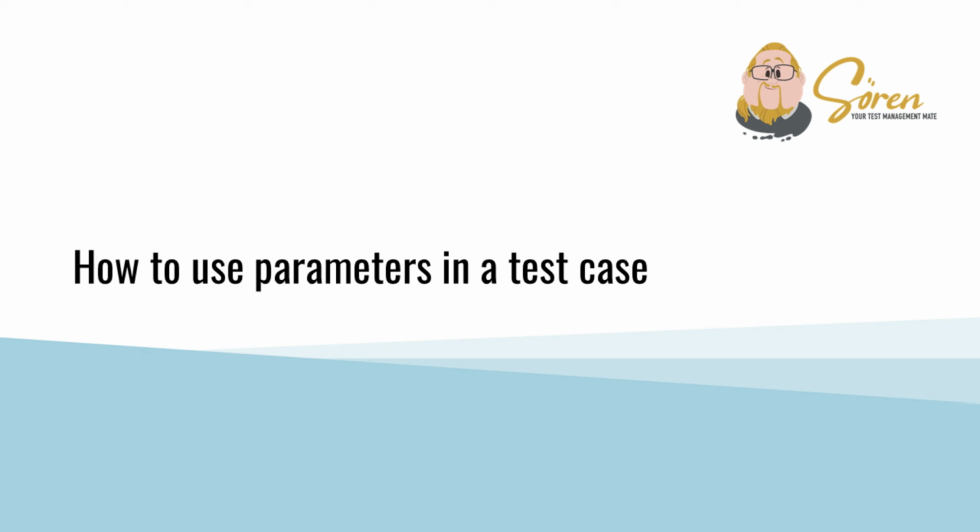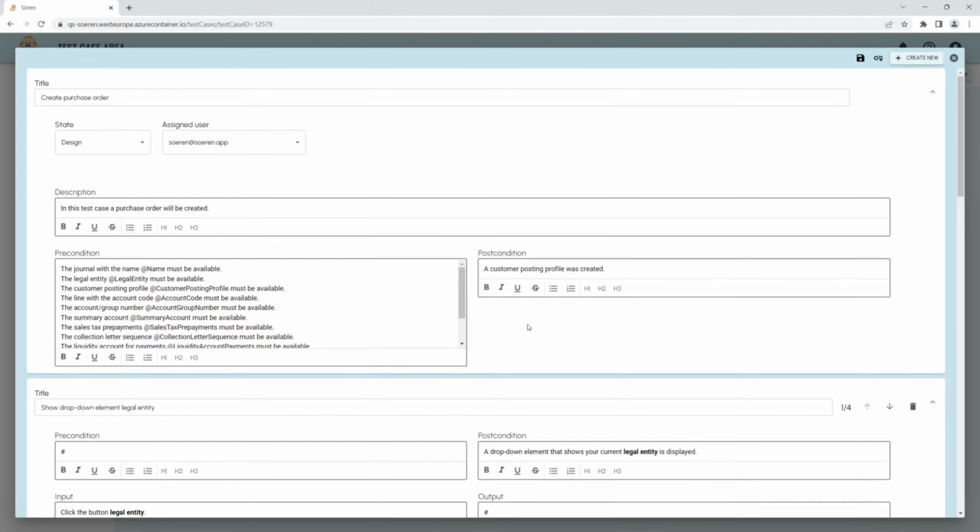Welcome to Sören. In this video, you will learn how to use parameters in test cases and how to create iterations of values for the test executions. In test cases, you can use parameters instead of concrete values. This way, you can still create logical test cases which can be used for multiple iterations. You can create multiple iterations of concrete test values for the parameters that you want to execute the test cases